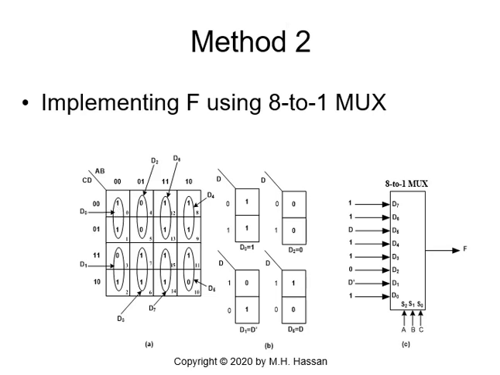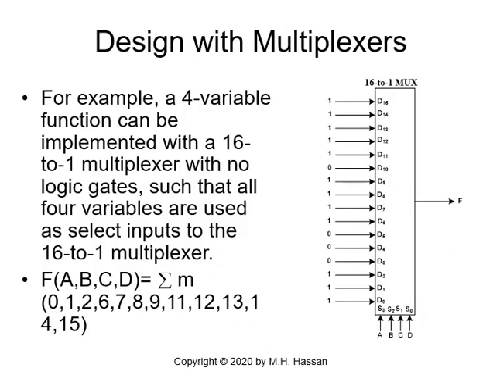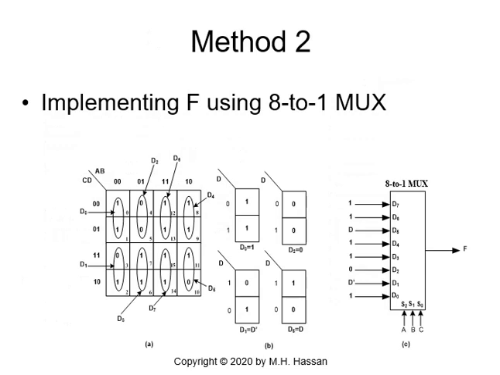Then we fill up the minterms. The minterms given to us by the function are 0, 1, 2, 6, 7, 8, 9, 11, 12, 13, 14, 15. We know the location of each minterm, 0, 1, 2, 3, 4, 5, 6, 7, 8, 9, 10, 11, 12, 13, 14, 15, all of them once. So once we have this, now we will partition the map